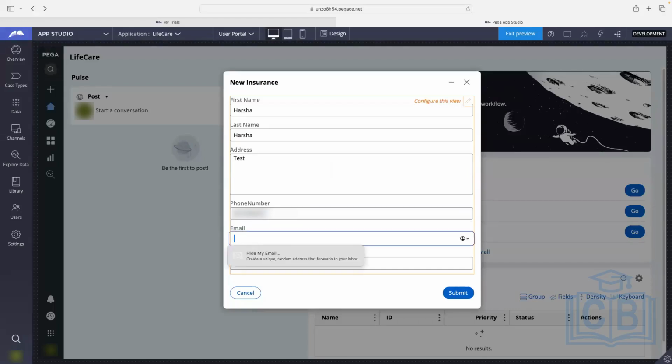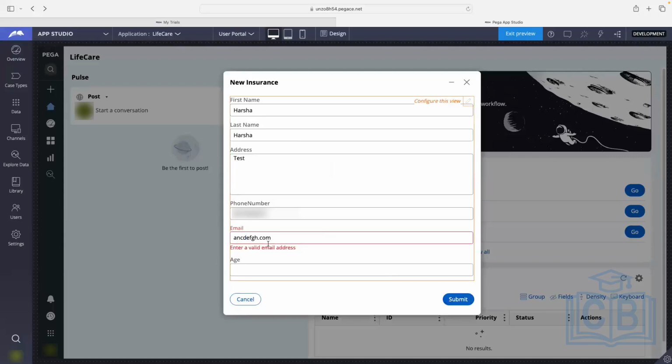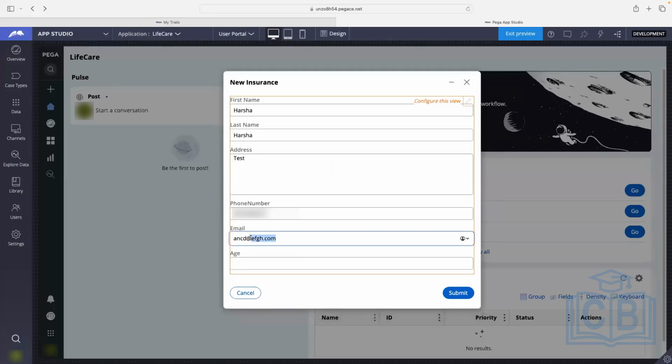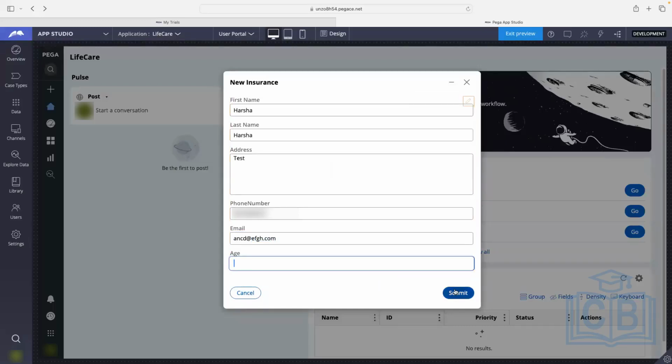Email, abcd@efg. As of now, validations are not there, so you can enter anything. But if you do not put the at, will it not show an error? I mean, as of now, it will accept anything. But right now, even if it's an email type, yes, it will not accept. So let it submit. You see, enter a valid email address. Okay. So this is a basic validation. It will not check whether this is the correct domain or not. Yeah, I understand that. But at least the basic validation. Okay. So if I submit now,